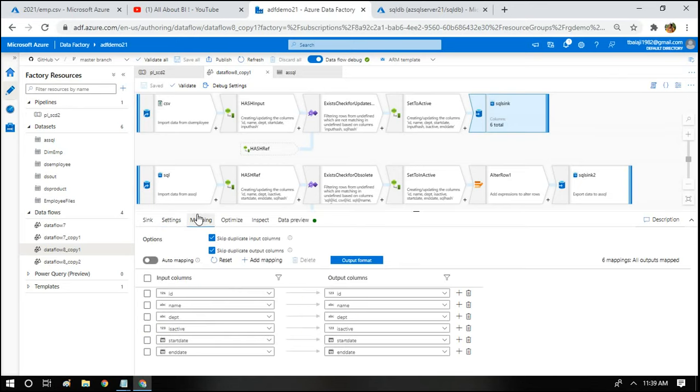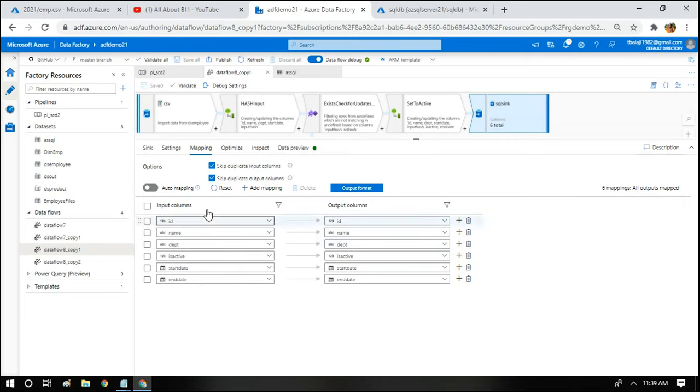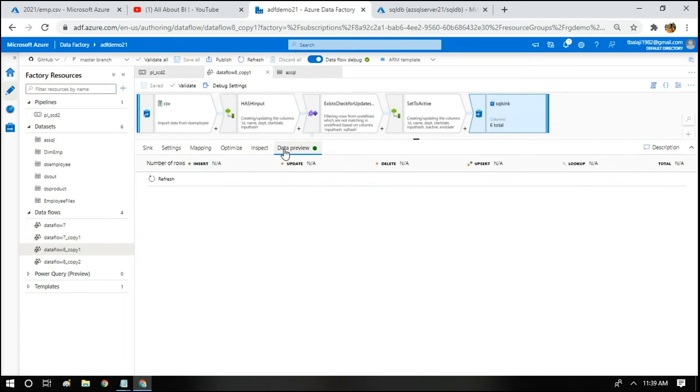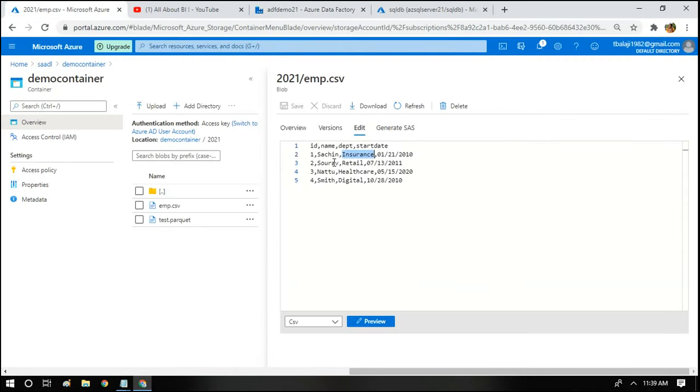And then in the mapping we will have to disable the auto mapping and check whether the columns are mapped appropriately or not. After you have confirmed the mappings are correct, you can have a look at the data preview to see which values will get inserted into the table based on the current input file. In our case we have 4 records in our file: Sachin, Saurav, Nattu and Smith.